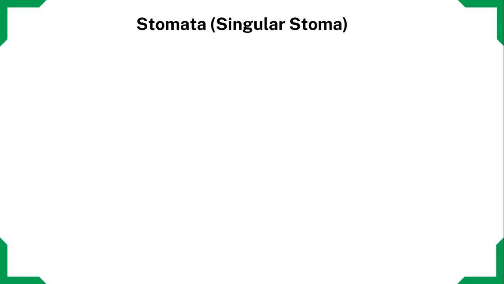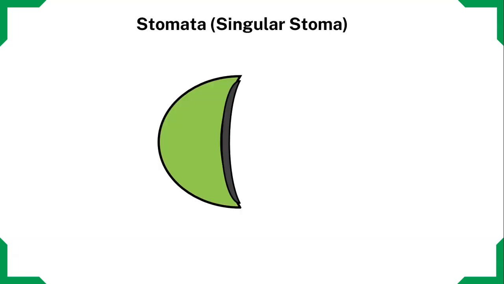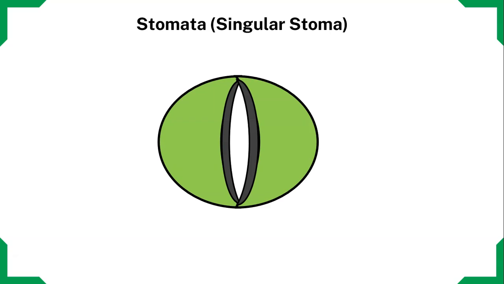Now, you might be wondering why it's present on the lower epidermis. Well, the stomata is on the lower epidermis because that's where less sunlight is received, and thus there'll be less transpiration, as the stomatal pores are more likely to release water. Now, stomata, singular stoma, consists of two guard cells, and you notice here that the cell walls are